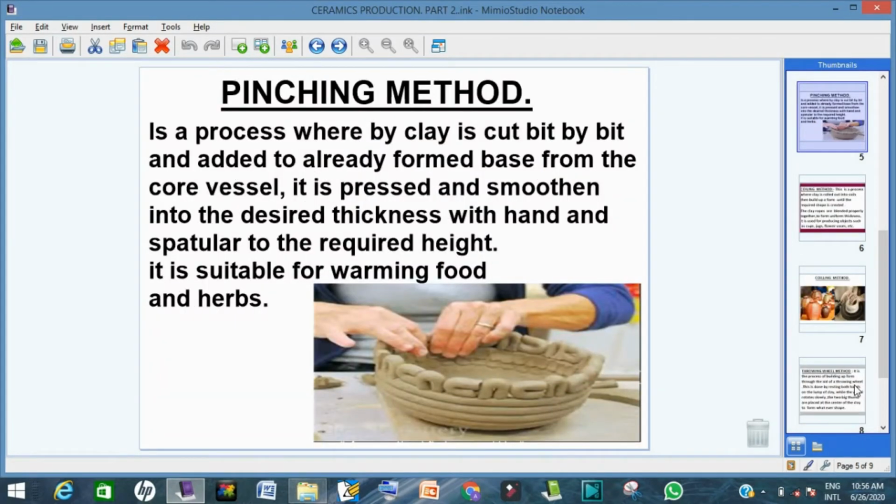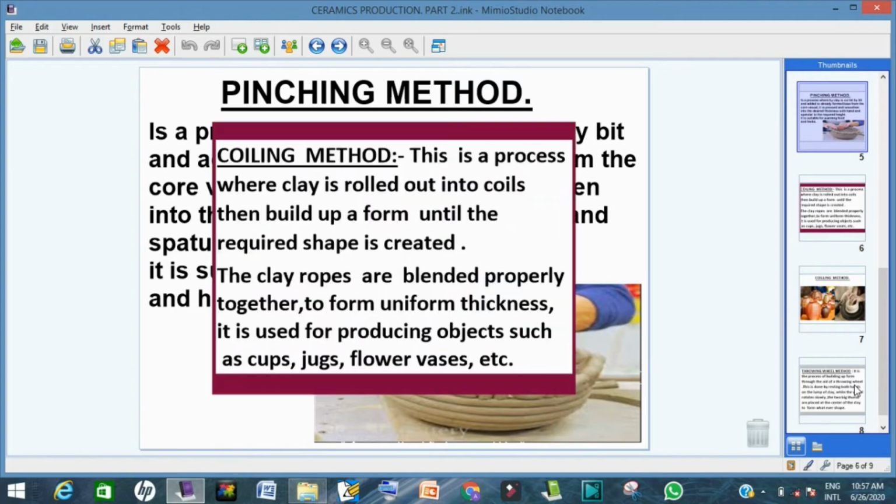The next one is the pinching method, where you collect clay bit by bit on a core and start building it up to the required thickness, size and height. When you look at the slide there, you will see a woman working with the pinching method, and this item is produced for warming food and herbs. And from this pinching method, which is mostly used by local potters, we now move over to the coiling